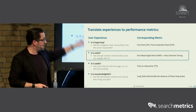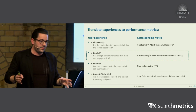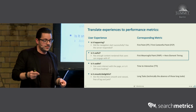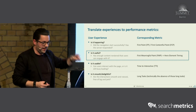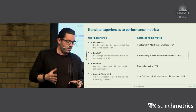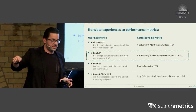And this is taken from the thing that they built now into Chrome that's called the Performance Observer. The idea is to match user experience stages to measurements. So that's basically left and right. If you think about what the most important thing is, and I'll walk you through the steps in a second,